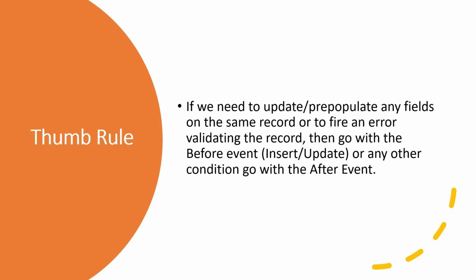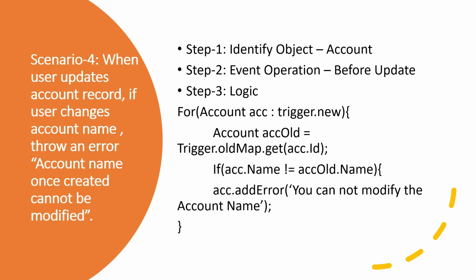So thumb rule: if we need to update and pre-populate any fields on the same record, or to fire an error validating the record, then go with the before event; for any other condition, go with the after. Scenario 4: when a user updates an account record, if the user changes the account name, throw an error: account name once created cannot be modified. Three steps, and remember the three steps: identify object, in our case the account object, event operation is before update,